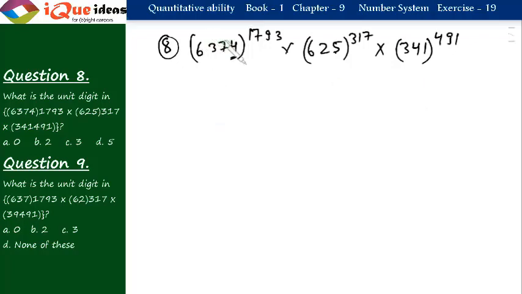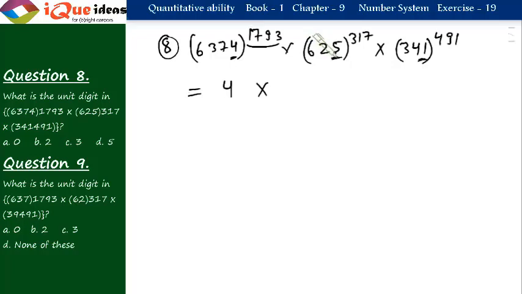So it is 4 here, 5 here, and 1 here. Now, if you remember, 4 to the power odd number, unit digit is always 4. 4 to the power even number, unit digit is always 6. Now, in this question, it is 4 to the power odd number, so it has to be 4 into, now